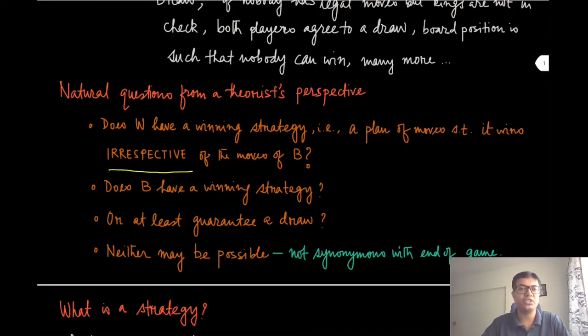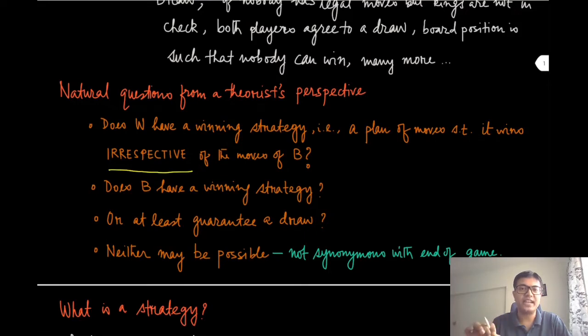Maybe none of this is true. So white might not have a winning strategy, black might not have a winning strategy, and they might not even have a strategy to guarantee a draw. Now, initially, it might be a little puzzling how this can happen, and I want to focus on the fact that